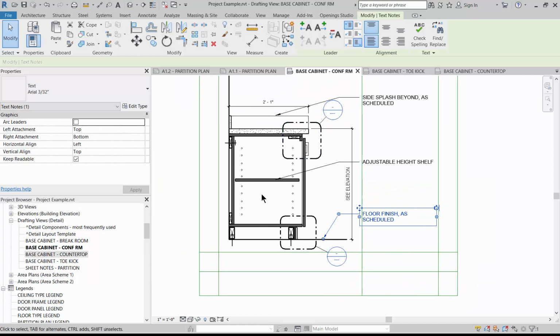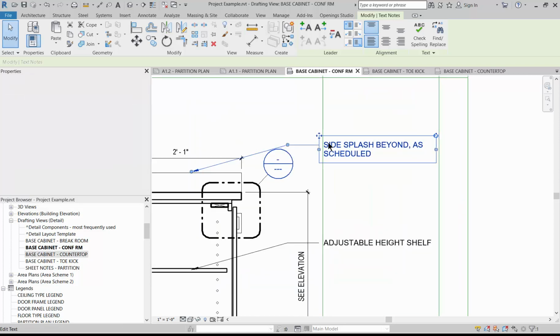So again, on the details, note the information if it's not noted otherwise. So you would note that you're bracing it to the wall here, that you're attaching it to the floor. It's fine to just say anchor to floor, anchor to wall. In the wall we would provide backing, and you don't have to actually call out the anchor sizes, the screws,